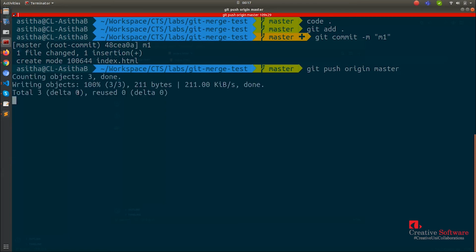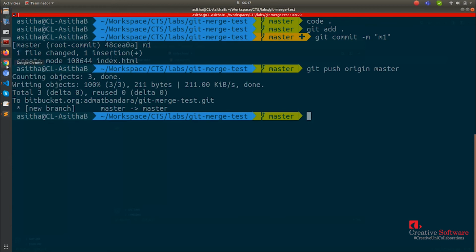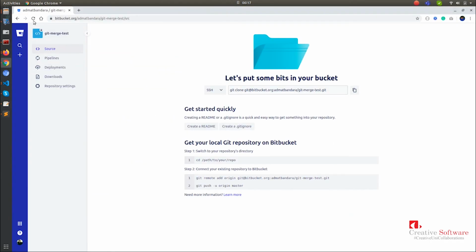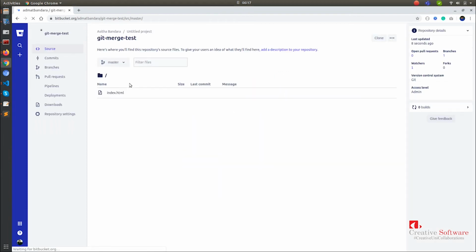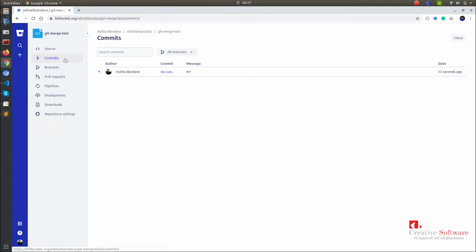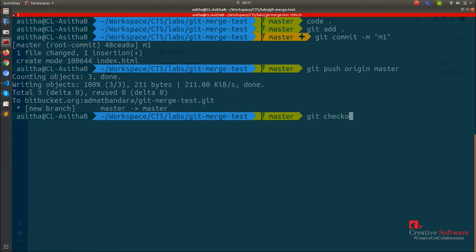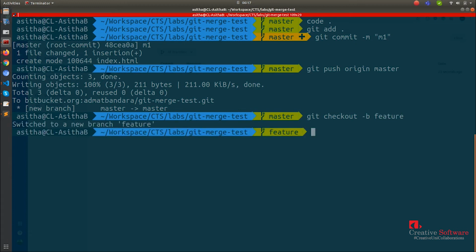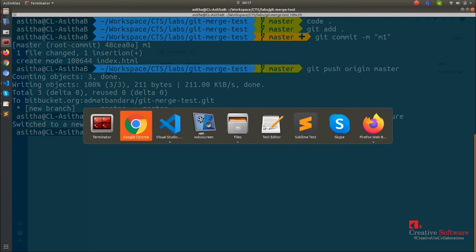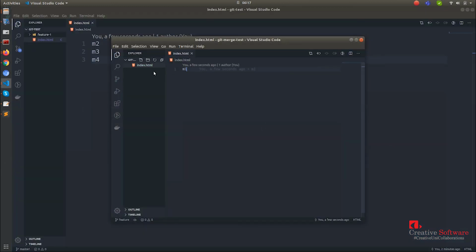and it is done. If I go back to the branch and refresh, okay, if I go back to the commits, it's done. Alright, I'm going to create a new branch, feature branch. I'm in my feature branch, going back to the code editor, and I'm going to